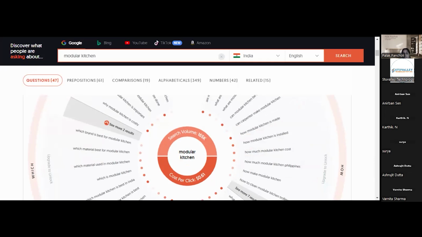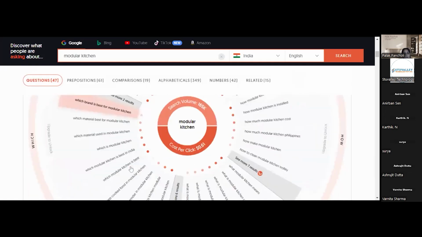You can use these question keywords or long tail keywords in your content to answer these questions. These are the questions that your targeted audience asks on search engines, so if you use them in your content and answer them, you will drive traffic from search engines directly to your website. Is that clear?